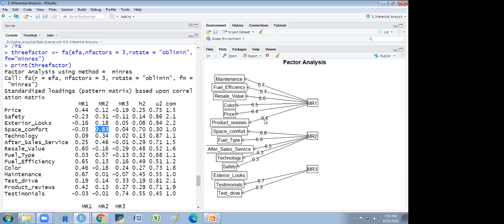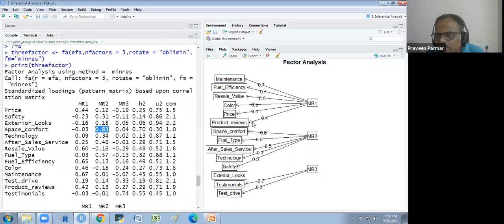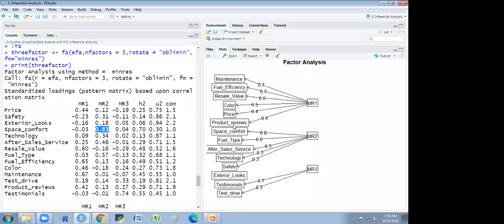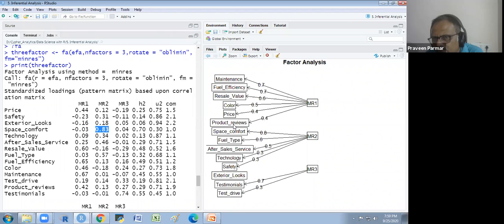And we have to find out the score of all of this in the factor. You could take the mean score or you could take the sum also, whatever you want. Generally we take the mean score of this. Mean score gives the same range. If you take the sum, there are more variables in the factor MR1, so we have a wide range over here.